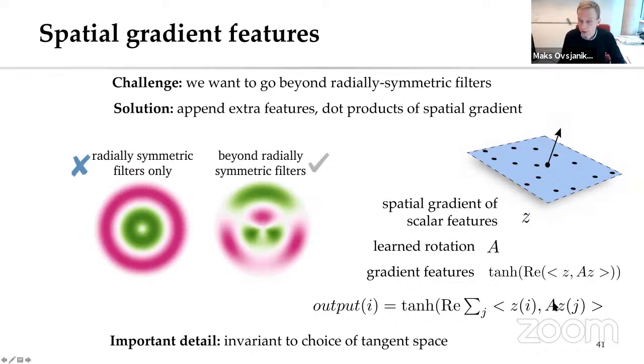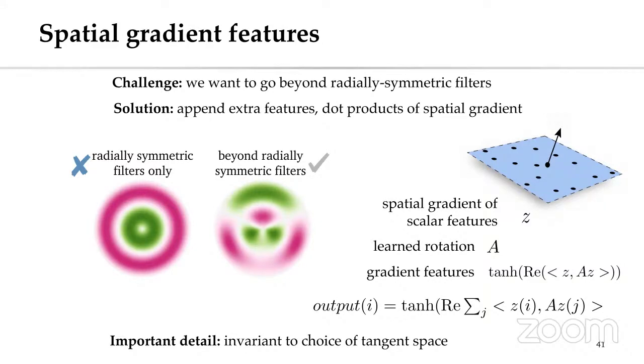So here we have some learned multiplication. But this is completely separate from the data. It doesn't depend on the data. It depends on some local orientation that you can prescribe at every point of the manifold. So you can scale your gradient. If you think of the Laplacian as divergence of the gradient, you can rotate and scale the gradient based on some local vector field. So that's what you do.